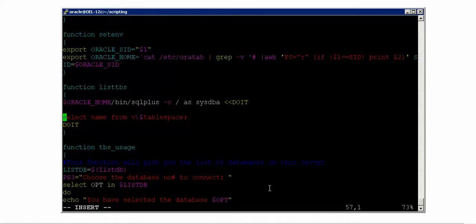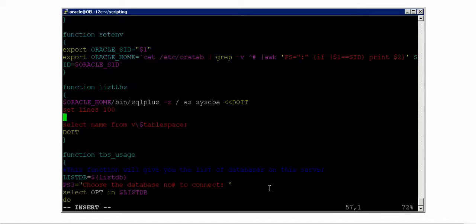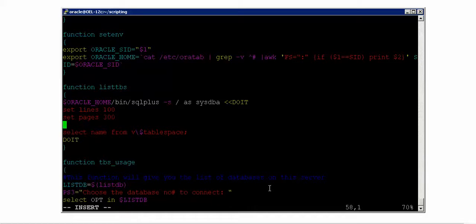But because the output is not in very good format, I would say here set lines to, okay, set lines doesn't make sense, okay, 100, but set pages to 300. That means 300 table spaces will be listed.